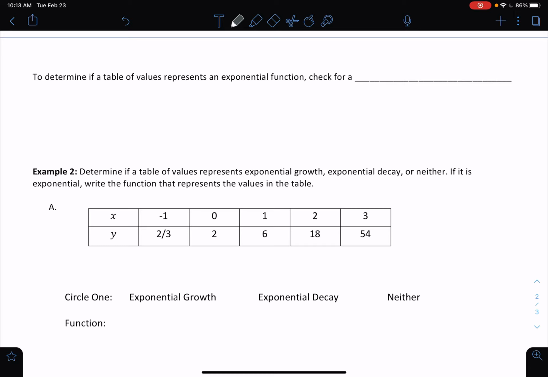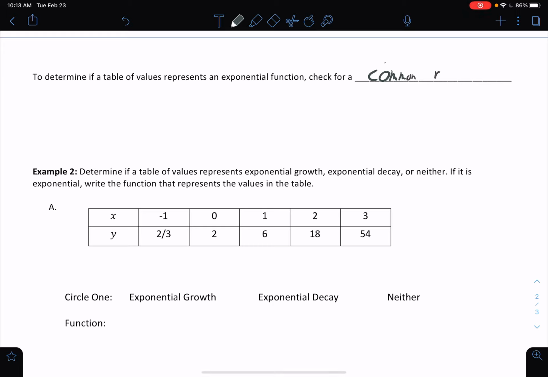So in the previous video, we graphed exponential functions. Now we're just going to learn how to recognize whether or not what we're dealing with is exponential, and if it is, is it growth or decay? All right, so to determine if a table of values represents an exponential function, we need to check for a